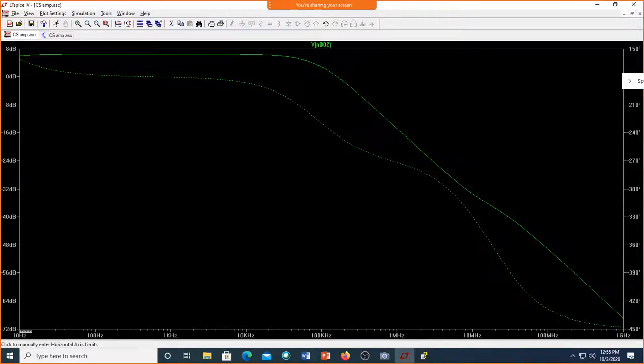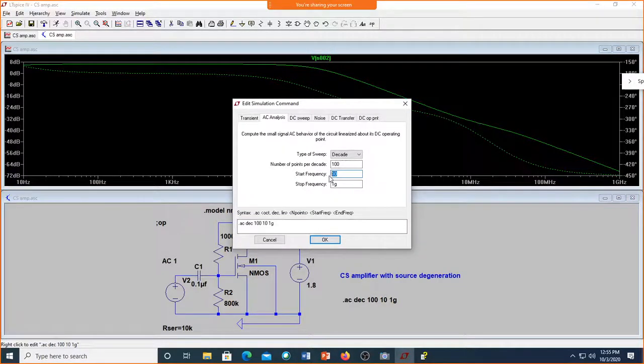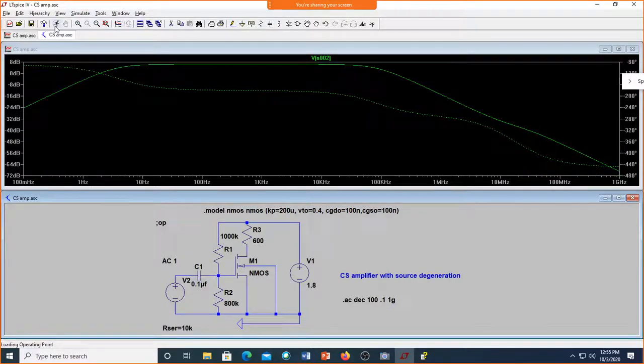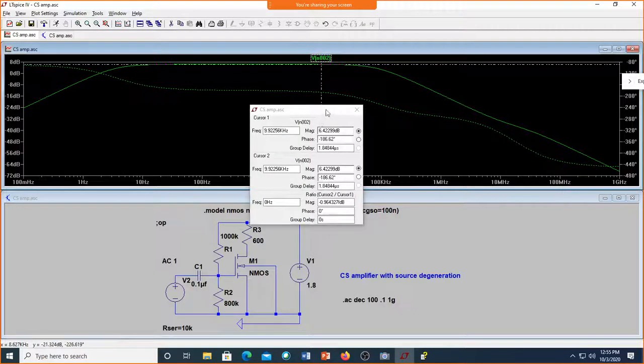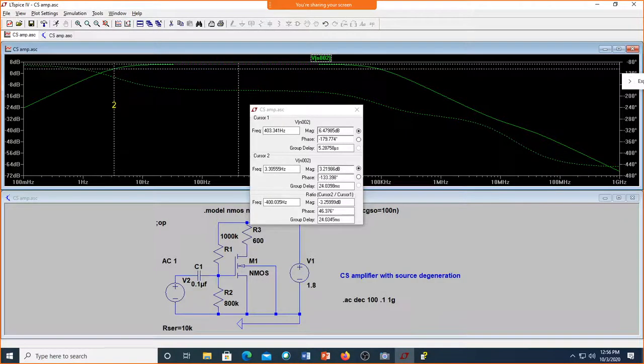That you are not seeing because I am starting from 10 hertz. What should I do if I want to see that also? Sweep from 0 hertz. From 0 is not possible because in decade scale you cannot start with 0. You can start from 0.1 hertz. Run. See now? It is 100 millihertz. Can you see the gain is still, of course, 6.4 dB, the gain is almost very close to it because in ratios it is very less. So what is 3 dB down? I'll put it somewhere here. 3 dB.